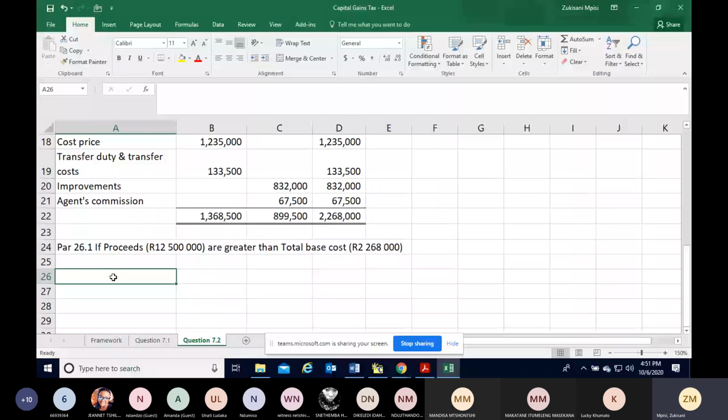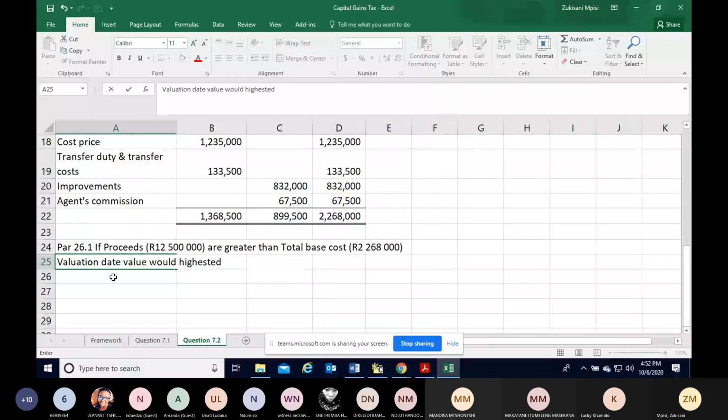But paragraph 26.1 then says the valuation date value will therefore be the highest. So let us quickly look at what would be the highest. The valuation date value would be the highest, and they say A,